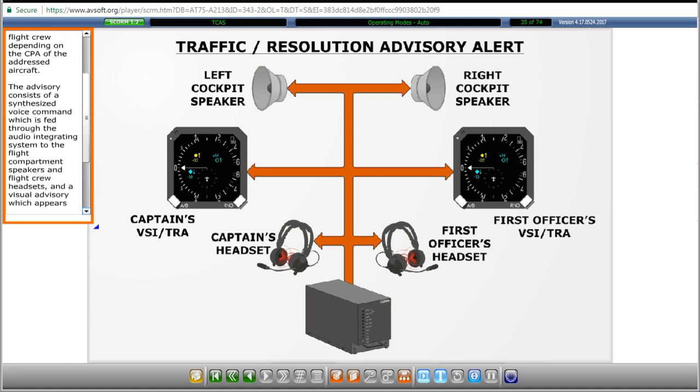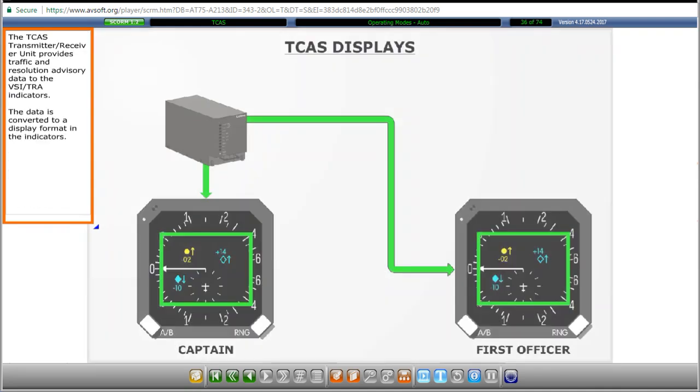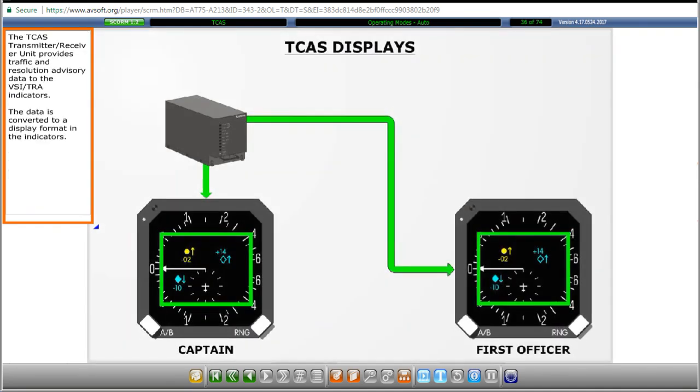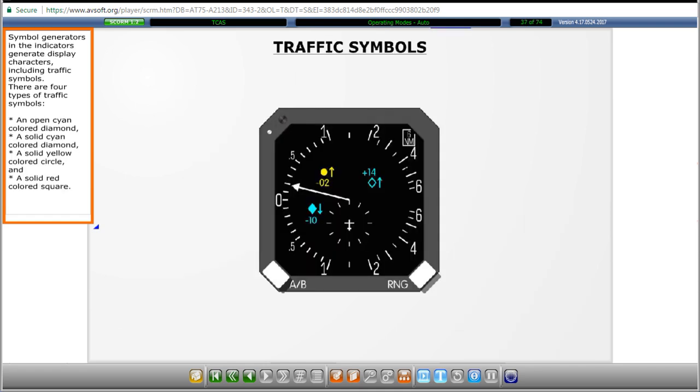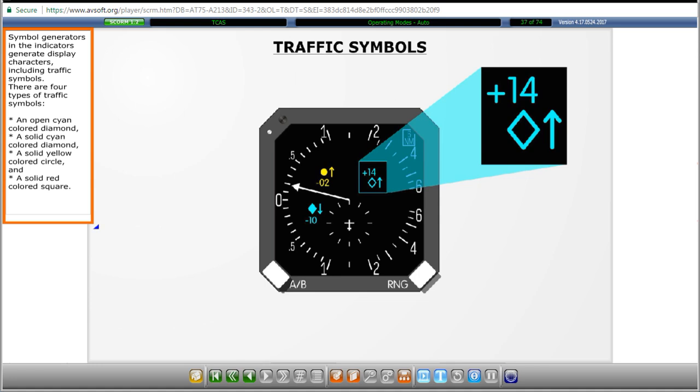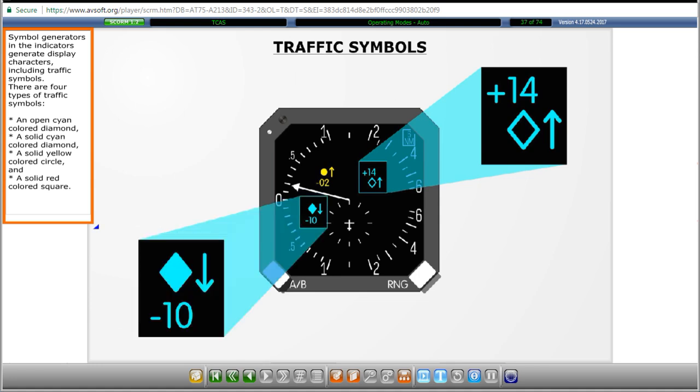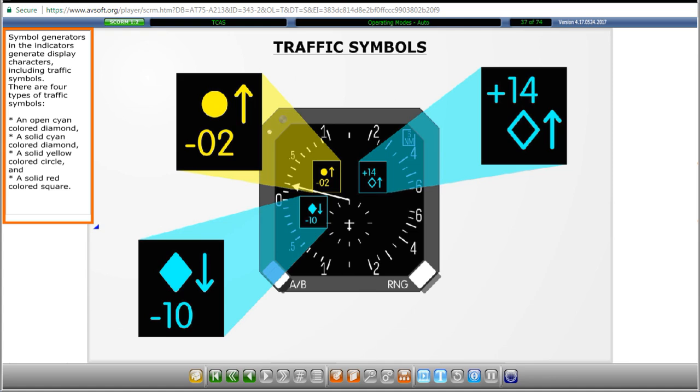The advisory consists of a synthesized voice command which is fed through the audio integrating system to the flight compartment speakers and flight crew headsets, and a visual advisory which appears on both the captain's and first officer's VSI TRA indicators. The TCAS transmitter-receiver unit provides traffic and resolution advisory data to the VSI TRA indicators. The data is converted to a display format in the indicators. Symbol generators in the indicators generate display characters, including traffic symbols. There are 4 types of traffic symbols: an open cyan-colored diamond, a solid cyan-colored diamond, a solid yellow-colored circle, and